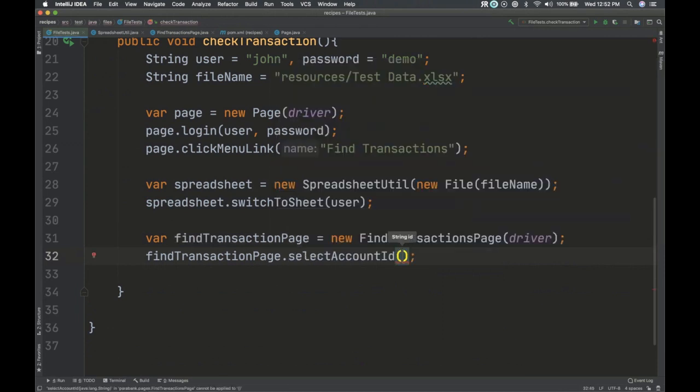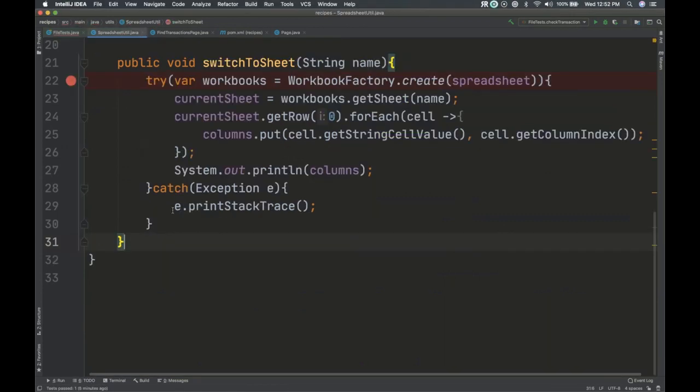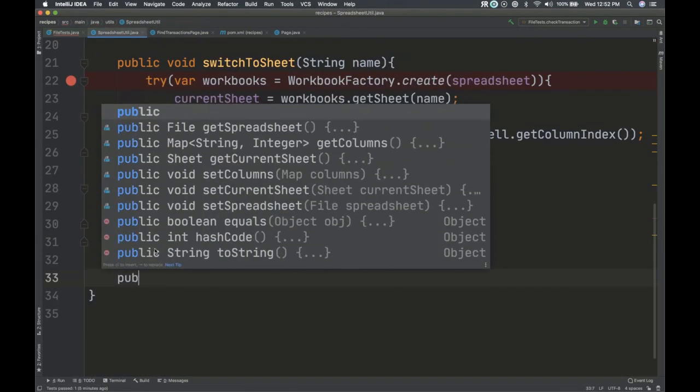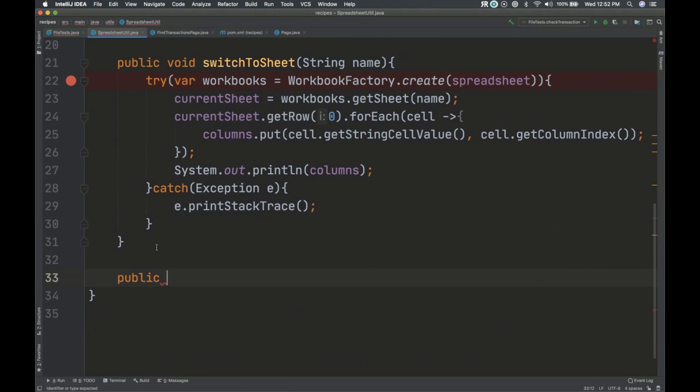And now I need to get it out of the file, right? So, all right, how do we do this? I want to create a method in here that says get the cell data.